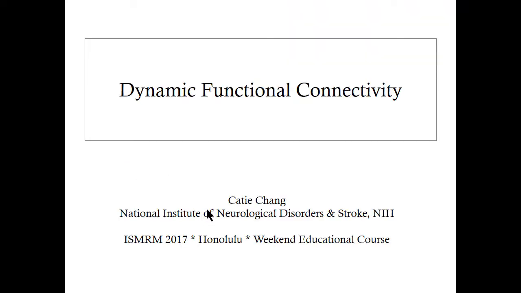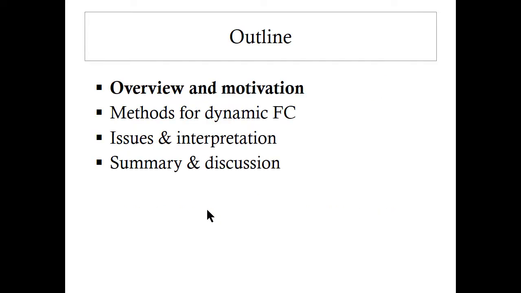This area is really about seeing how much more information we can get from our data if we start to look at how signals and networks are changing over time. And just to start with a bit of overview,